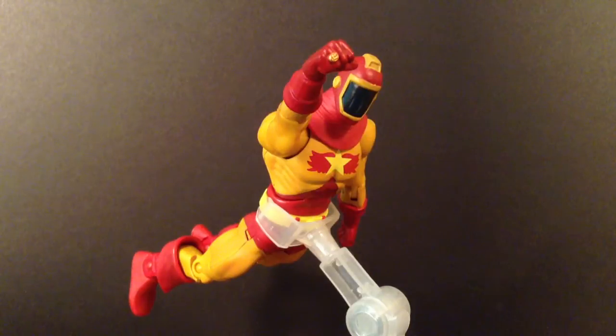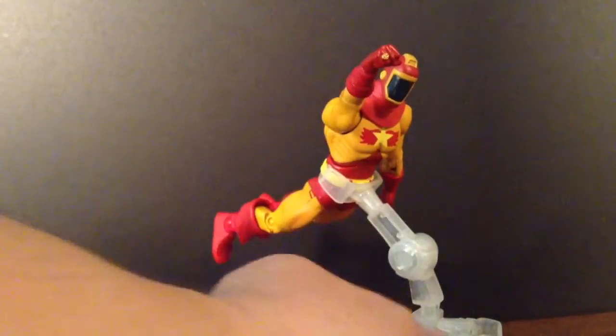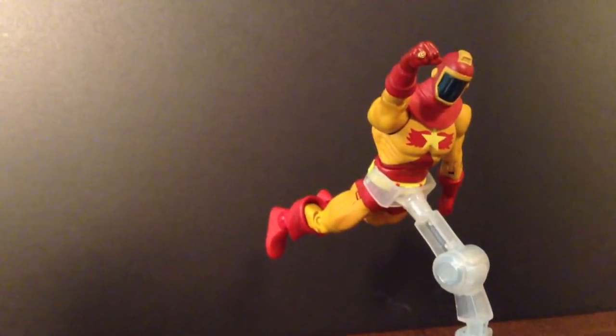Alright guys, I just wanted to show one more thing. Let me zoom out a little bit here. I didn't notice until now, but on these flight stands, I think it was maybe ODC, he said that he wished the stands were a little bit taller. Well,